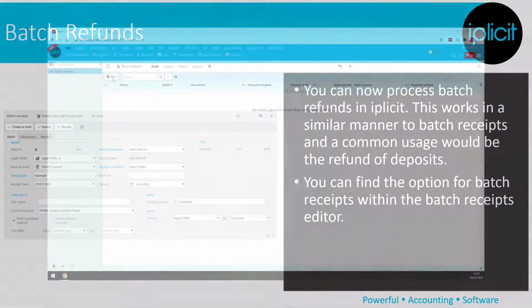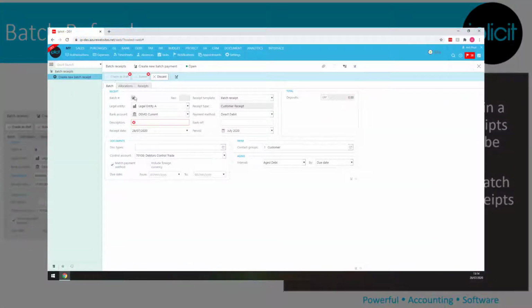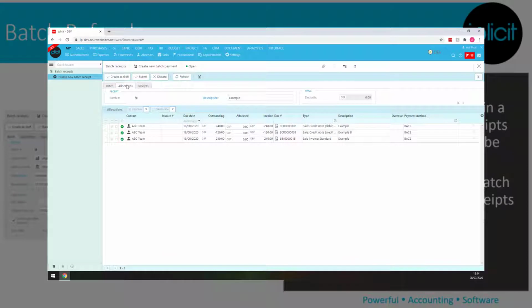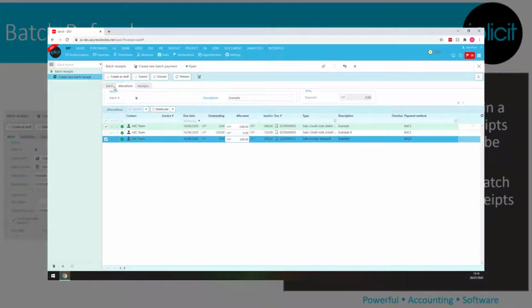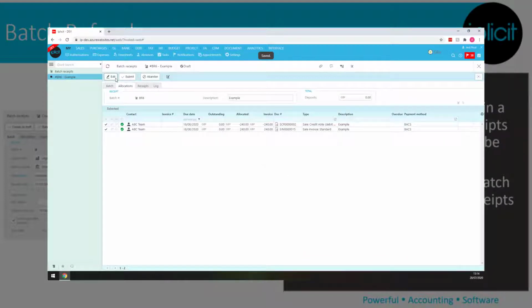refunds. So as I said, you can now process batch refunds within iplicit, and this works in a similar manner to batch receipts. And of course, a common usage of this would be to refund deposits. And you can find these within batch receipts, and you would want to go ahead and change the receipt template to equal batch refund. You would then go ahead and select the legal entity and the bank account like you